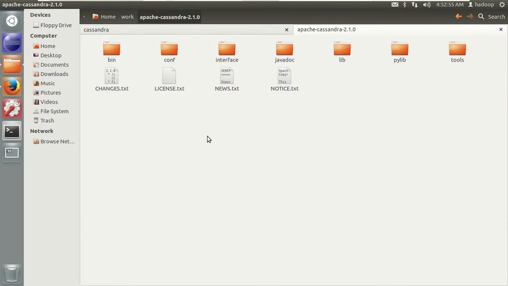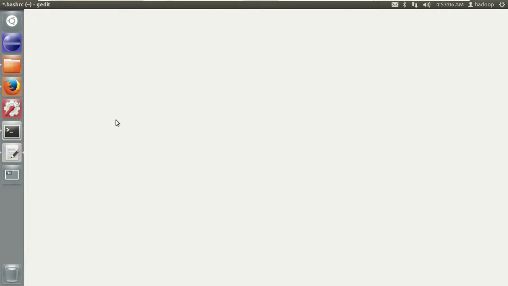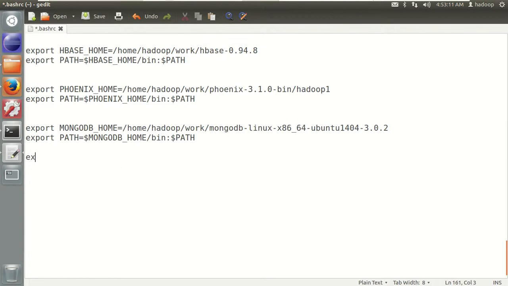Update this Cassandra home in the .bashrc file. For that, let me open a terminal and type gedit ~/.bashrc. At the end of the .bashrc, add two lines here. One is export CASSANDRA_HOME, then the path of it, and export PATH equal to $CASSANDRA_HOME/bin:$PATH.